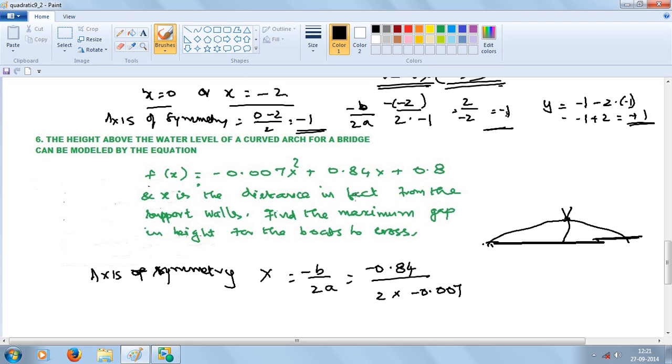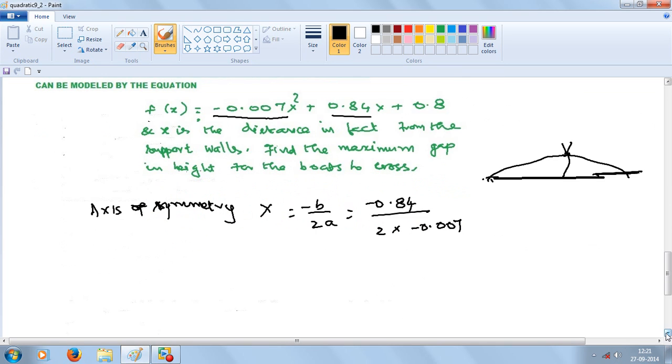Minus b is minus 0.84. This is a, this is b, this is a. So if you divide one by the other, you get the axis of symmetry is equal to